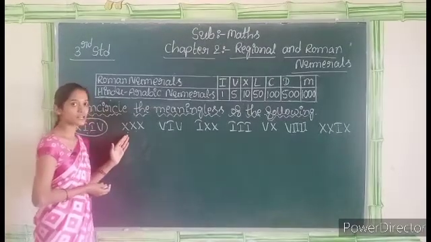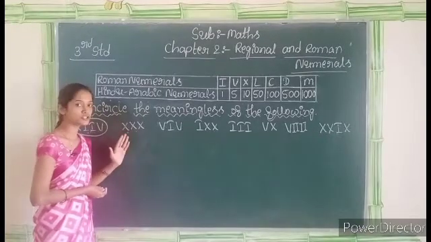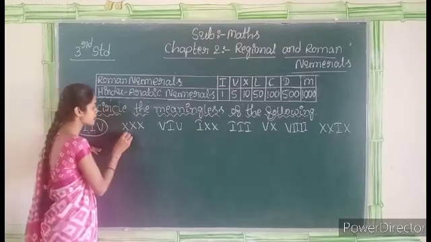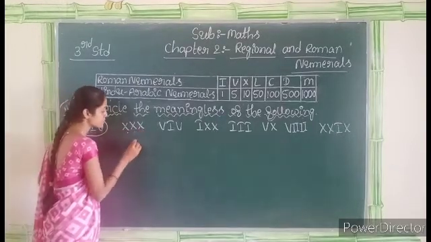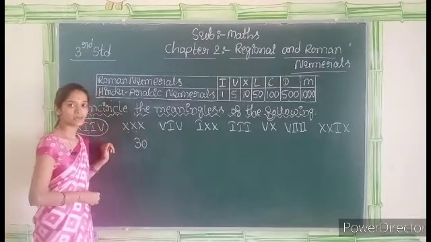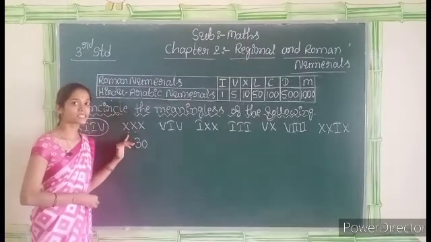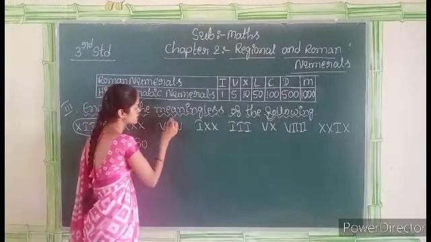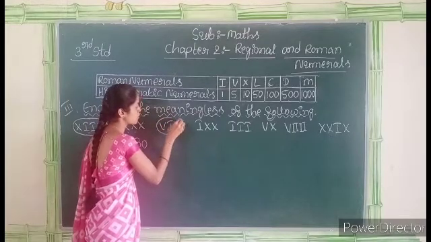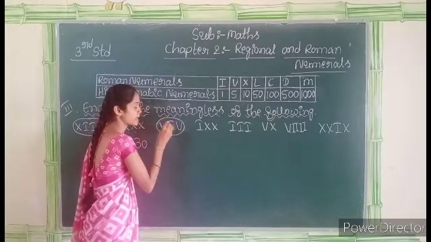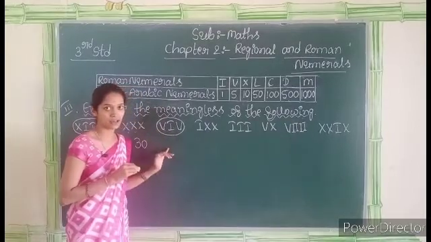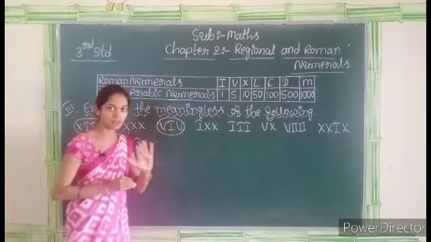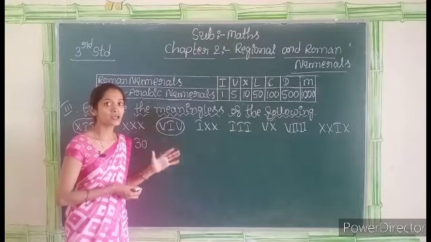In the Roman numeral rules, when the symbols of the Roman numerals are repeated successively, we have to add those values, that is 10 plus 10, 20, 20 plus 10, 30. X can be repeated up to 3 times. Here, VIV is meaningless. Why? Because V cannot be repeated in a numeral. I and X can be repeated, but V should not be repeated in Roman numerals.